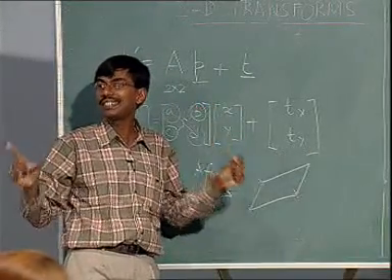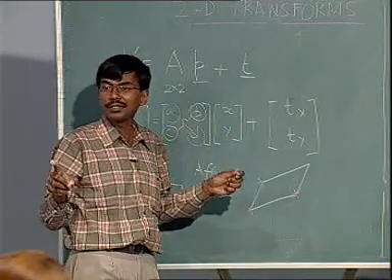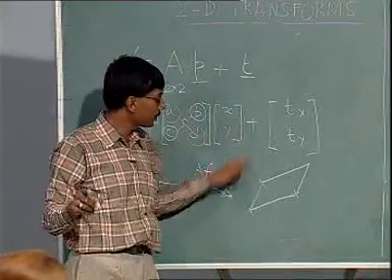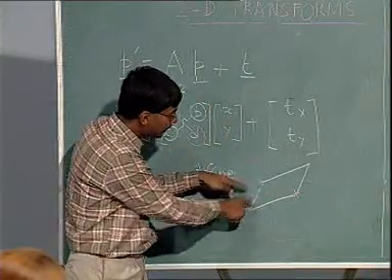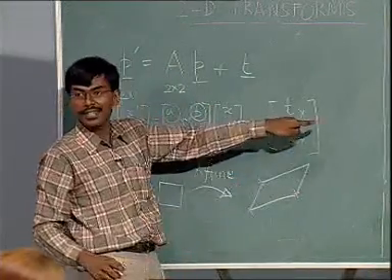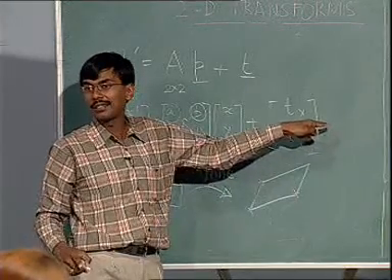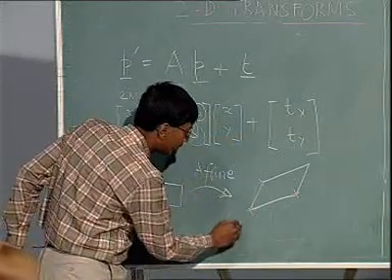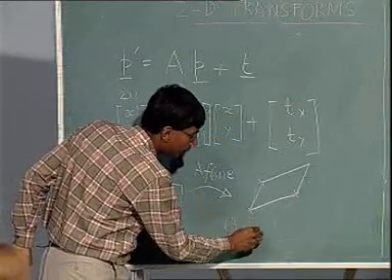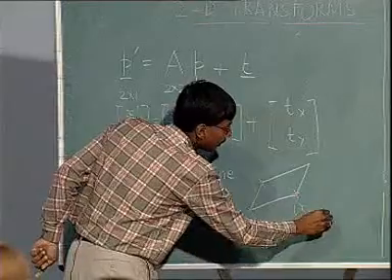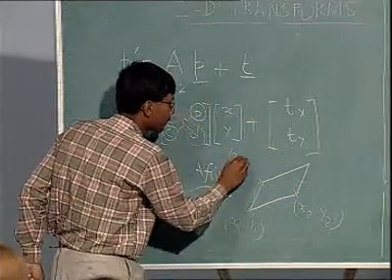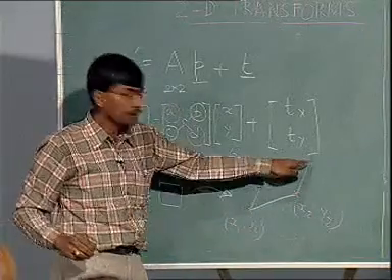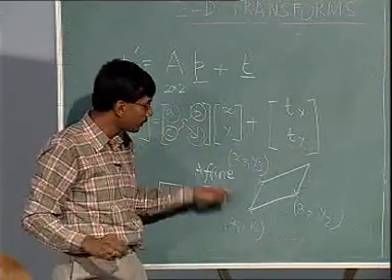That is how we teach little kids in school geometry. पैरेललोग्राम कैसे बनाएं? Take any 3 non-collinear points, join them, उसके बाद इसके पैरेलल यहाँ पे एक और लाइन, इसके पैरेलल यहाँ पे एक और लाइन. Wherever they meet, that forms a parallelogram. Now look, if I say that these coordinates are x1 y1, x2 y2 and x3 y3, then x4 y4 is uniquely defined and is a function of these.